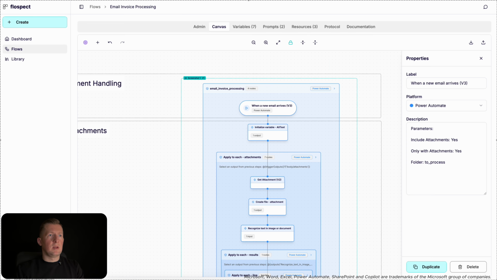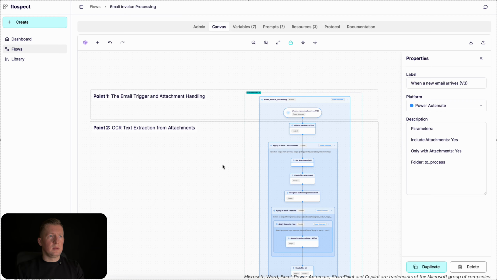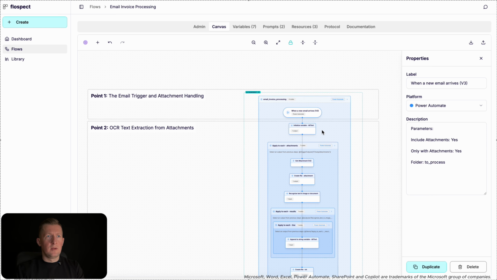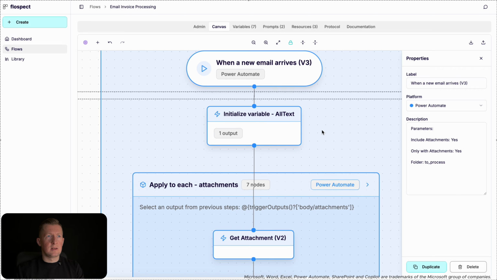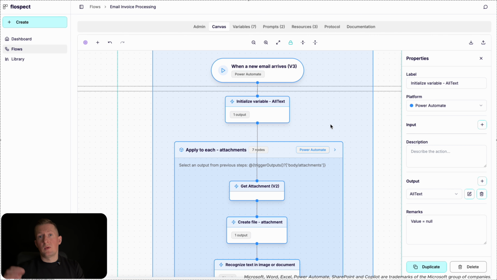Now that we have the invoices that are triggering the flow, we are going to point number 2, OCR text extraction from attachments. First, we are initializing a variable. This is a string variable, all text is the name, and the default value is 0. This one will be a long string variable where we will store all the OCR data that we are gathering